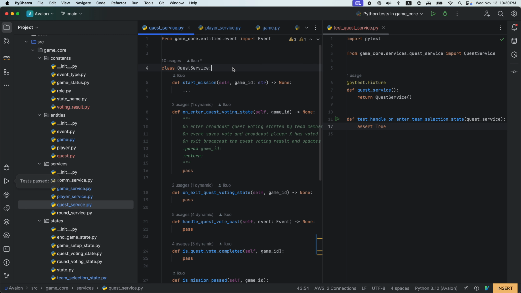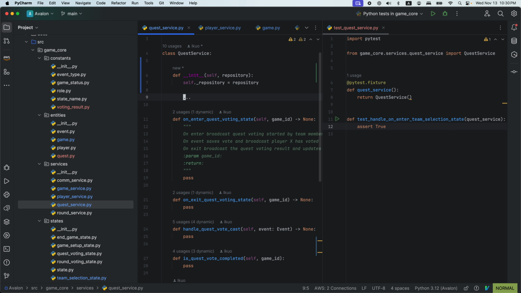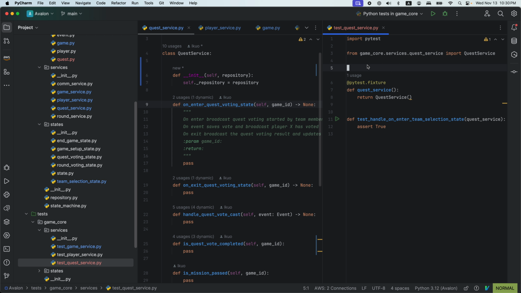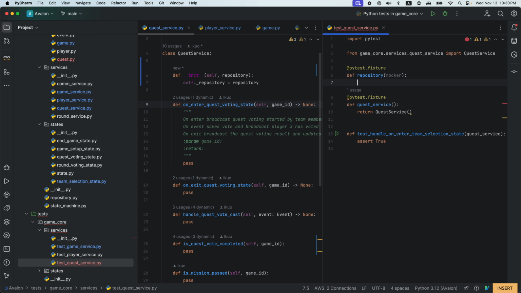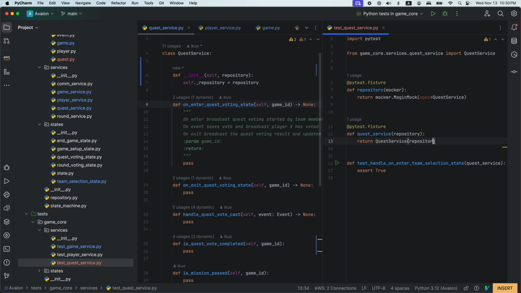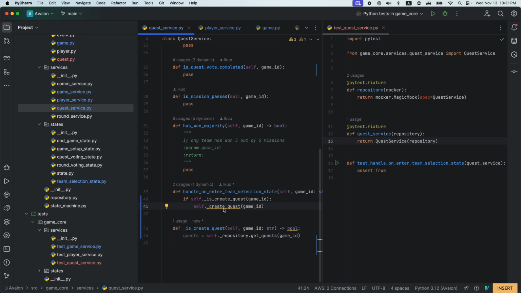So now we don't have repository. Let's init. Okay, so now here we have to insert a fixture repository. So marker, we want to return a spec equals to QuestService. Nice. And now this should have the repository and have this. Cool. So now we want to verify, and we have